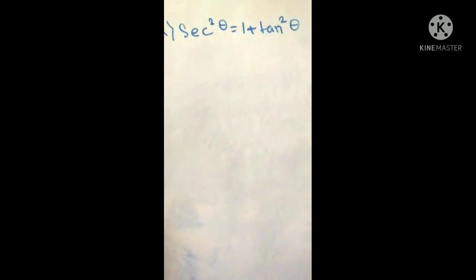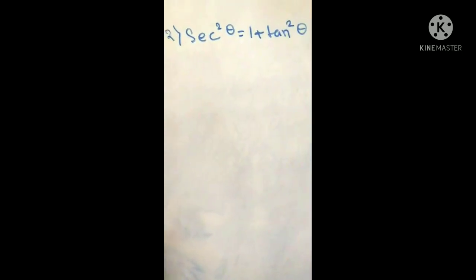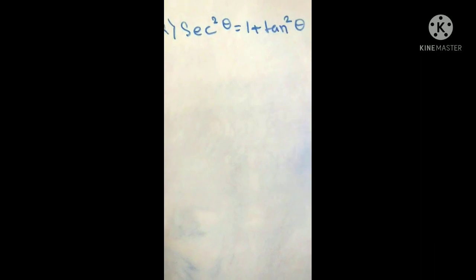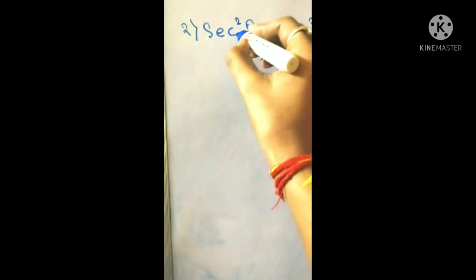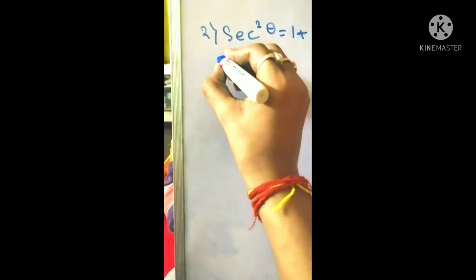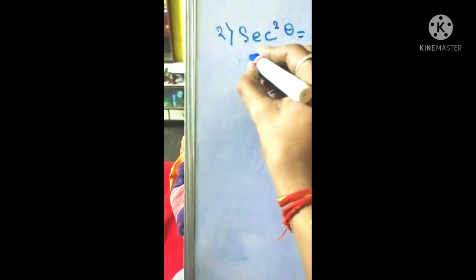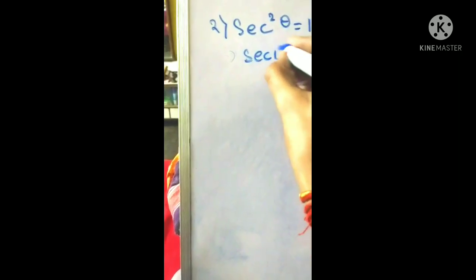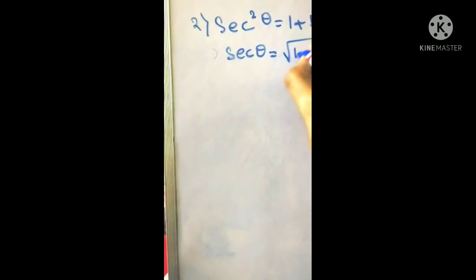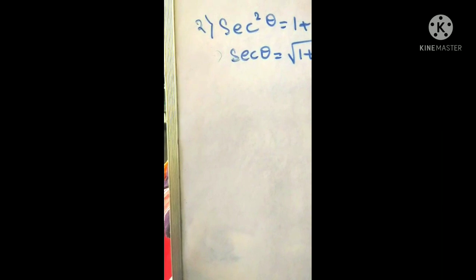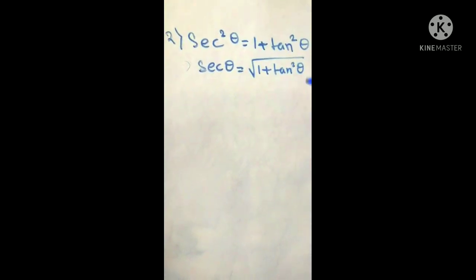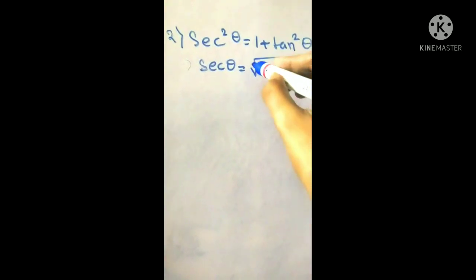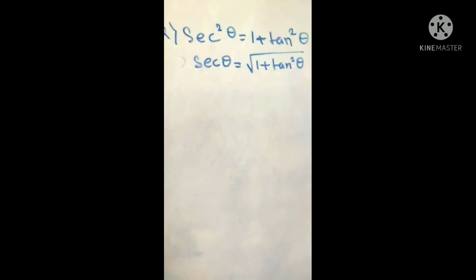Now we will see some important observations from the second trigonometric identity. I have written it on the board. This one is our second trigonometric identity. From here sec square theta is given, but we don't know what sec theta is. So sec theta will be root over 1 plus tan square theta, very simple, because it is a square. To avoid this square we have to add a root sign to its opposite side. So in the RHS we are adding root over 1 plus tan square theta.